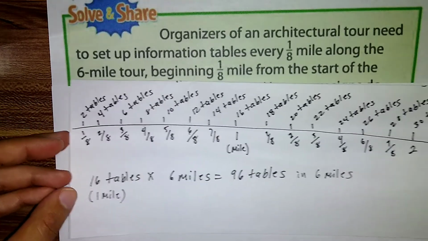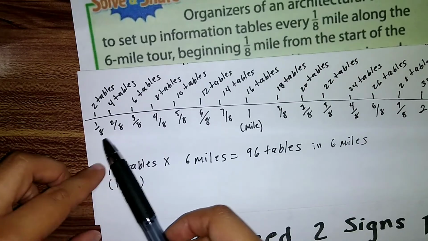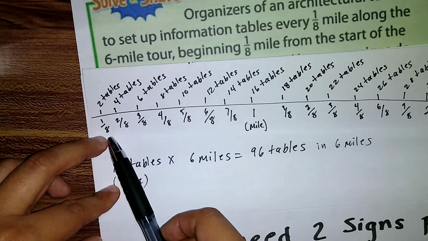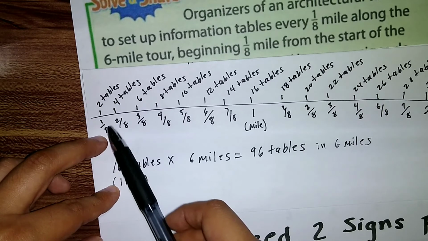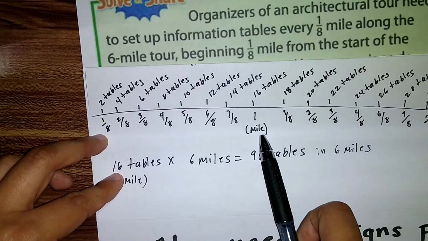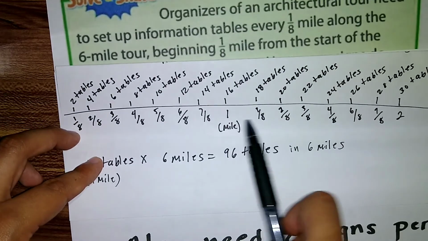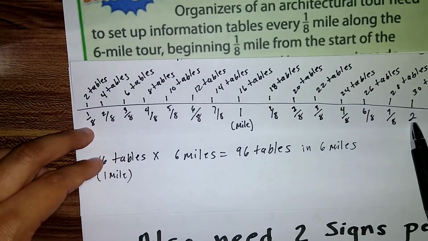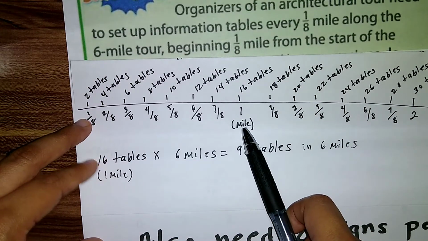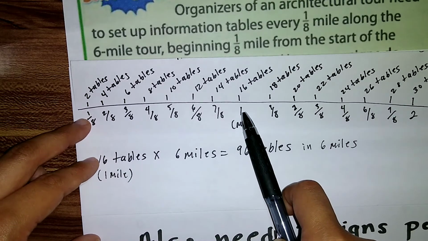So if you have any questions, any concerns, maybe I wasn't too helpful, I also did this as well. What I did was I did the line graph. I did 1/8 and added it. 1/8 plus 1/8 gave me 2/8. And I just did a number line reaching all the way to 1 mile. And then I continued from 1 mile to 2 miles. Knowing that from 1/8 to 1 mile is 8 tables,